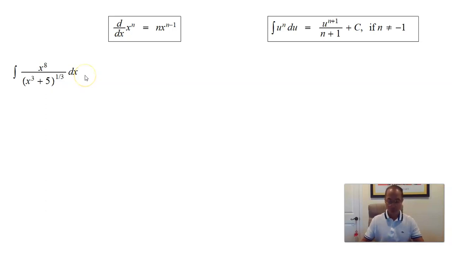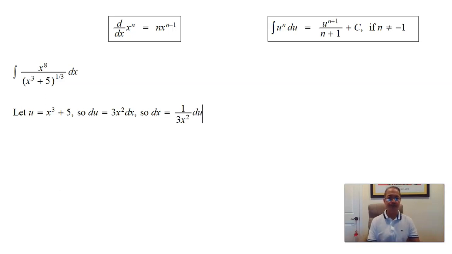Okay, so we need a u substitution. We have a power here. So let's be brave and try, like our strategies earlier, whatever's inside the power, that will be our u. So u will be x cubed plus 5. But this time, when we do du, previously we only got constants, 2dx or 5dx, whatnot. This time, it's a little bit different. We get 3x squared dx. So dx is not just a constant, we will have 1 over 3x squared